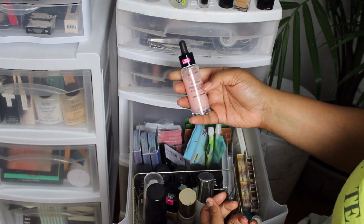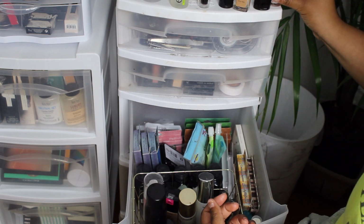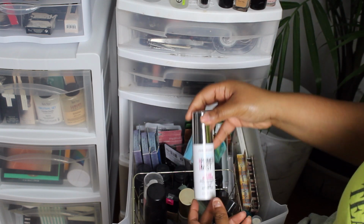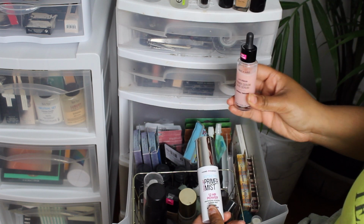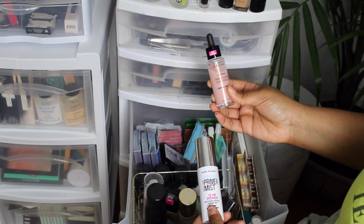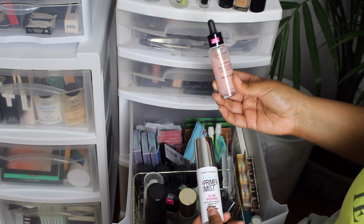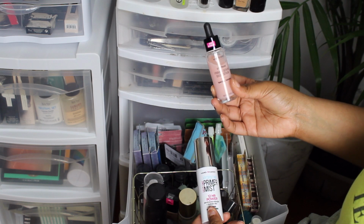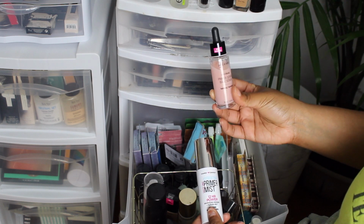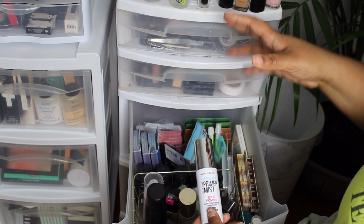This is the Wet n Wild Primer Serum Hydrating one. So good. I need to go back to using that too. This is hydrating, especially if you have dry skin. This is really good. Honestly, this primer serum is probably good for all skin types because it's very hydrating. It's not something that's going to give you luminosity, so if you have oily skin, you're not going to worry about it. This is great for just hydrating the skin,